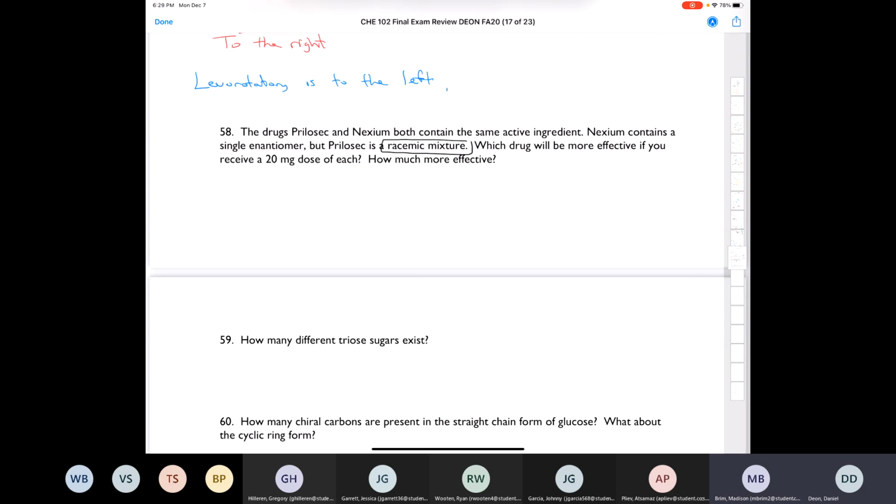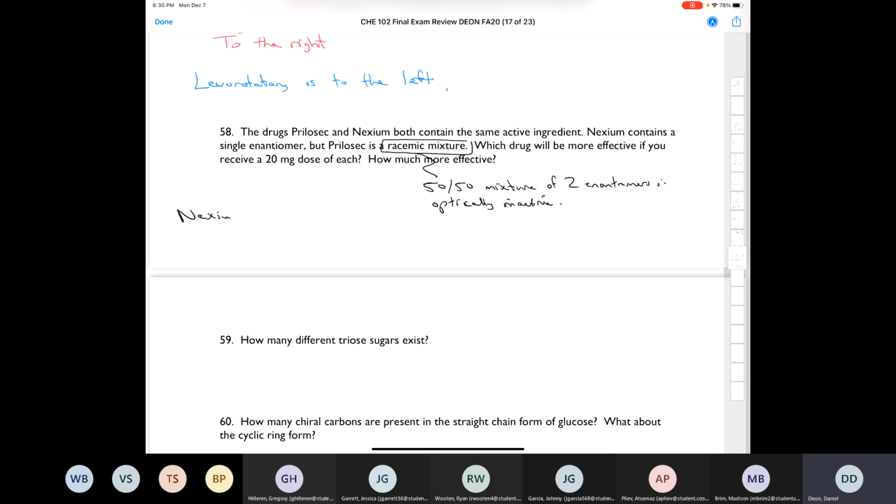Doesn't it have both enantiomers in it? Absolutely. It's a 50-50 mixture of 2 enantiomers. Therefore, it is optically inactive, right? So think about